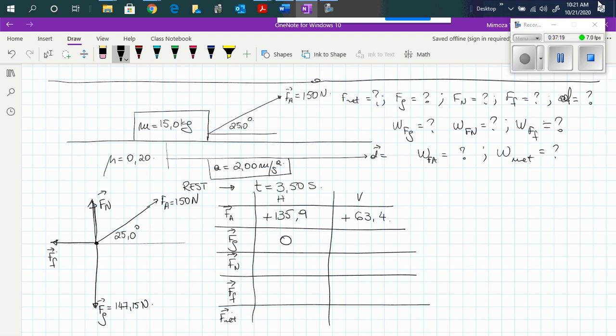Force of gravity in the horizontal is 0, in the vertical negative 147.15. Force normal is 0 horizontally, positive vertically. Force of friction is negative horizontally and 0 vertically. Force net will be